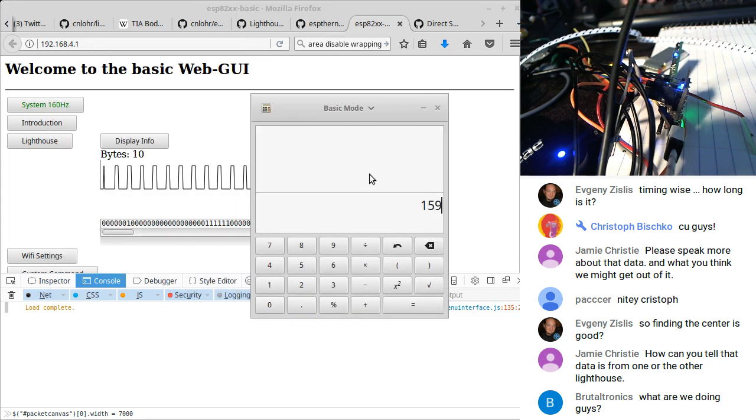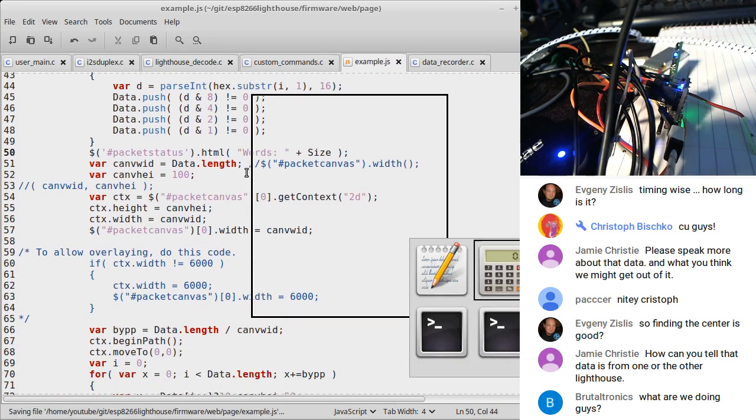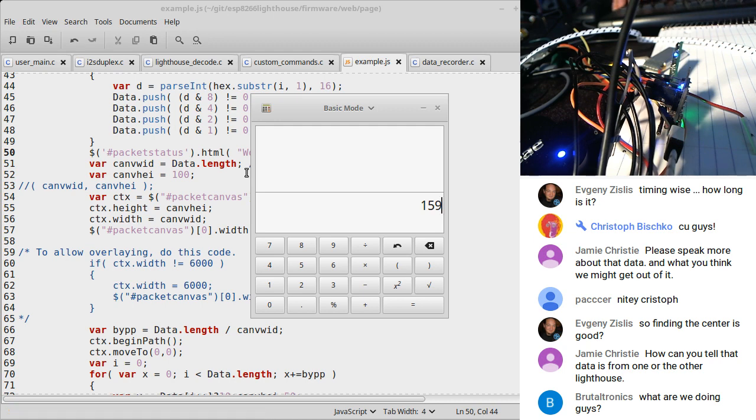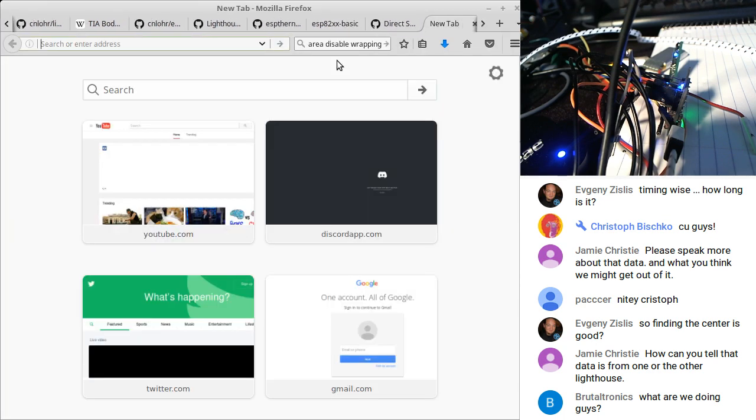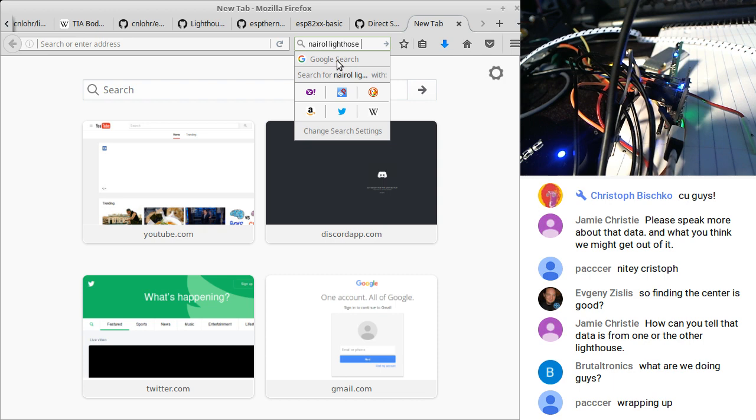That's actually 159 words. Let me go fix that code in here. So it's 159 words times 32 bits per word. So that's 58. So that's 40. Okay, divide that by 40 million. That leaves us 0.01272 times 48 million, and that leaves us 6105, which, if we go look up NARAL, lighthouse emissions,